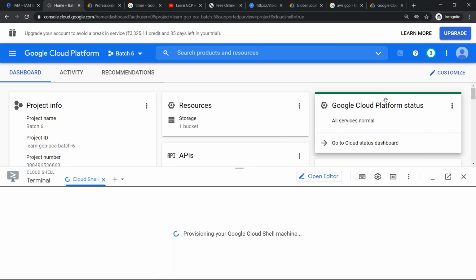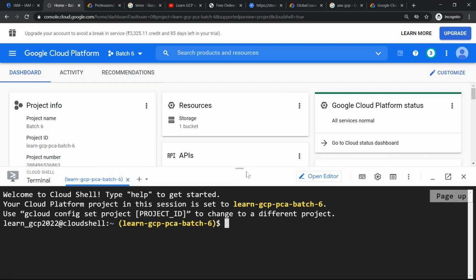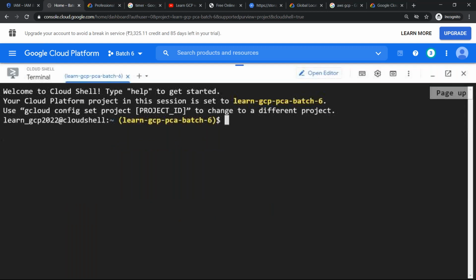This Cloud Shell is totally free. We'll explore each and every feature of this. And I'm a great fan of this Cloud Shell. Most of the time I spend time here itself in my day-to-day work. So when I click on this,